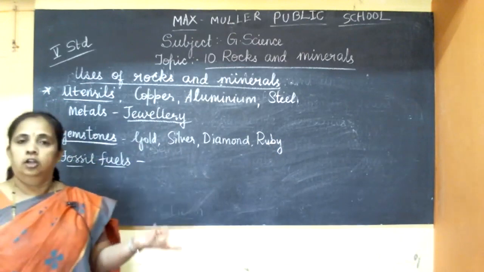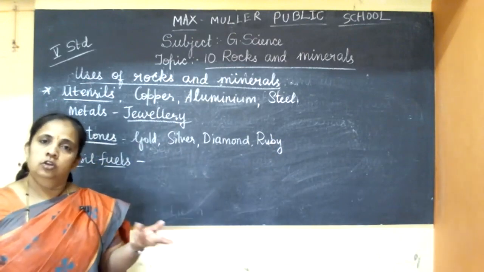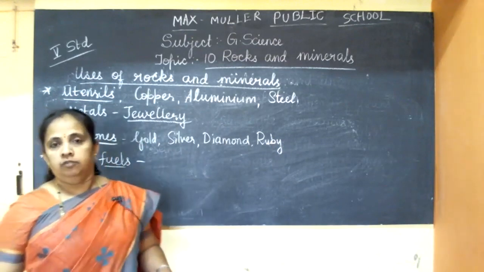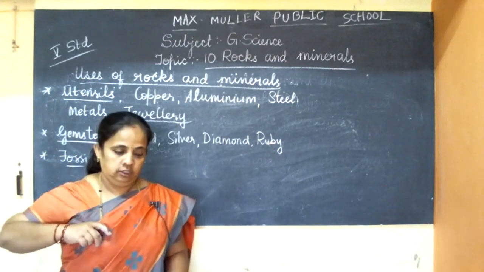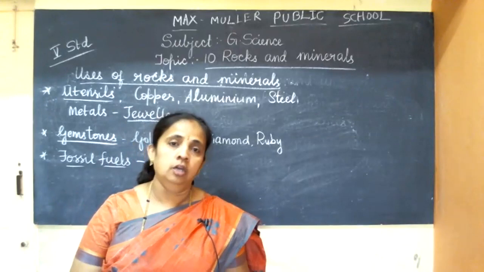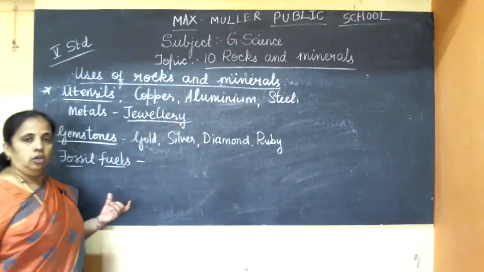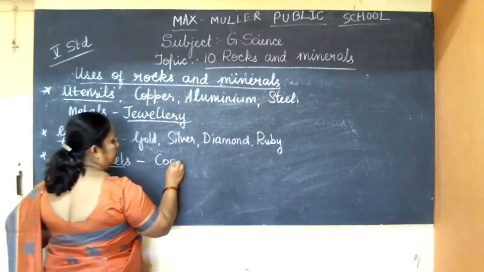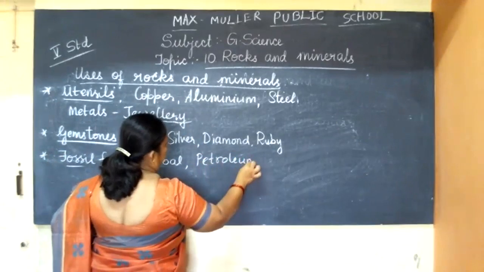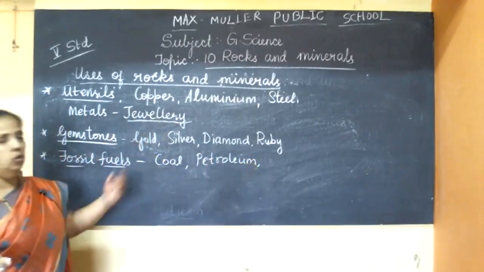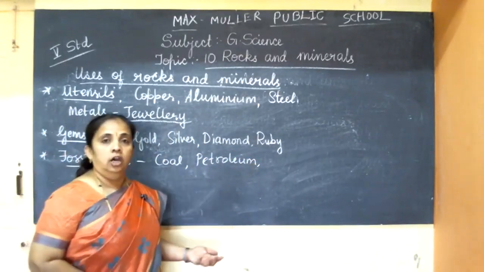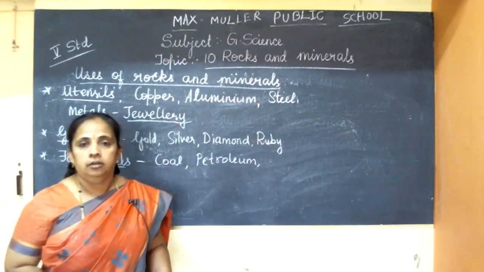So if petrol were not there, if coal were not there, we could not use the vehicles. We could not have the train, or the vehicles. So wherever we were supposed to go, we would go by walk only. Could you imagine that? No, no. So these rocks and minerals are also used as fossil fuels in the form of coal, petroleum. Not only that, as I said, this coal is used to generate electricity, and from that we can produce enormous heat.